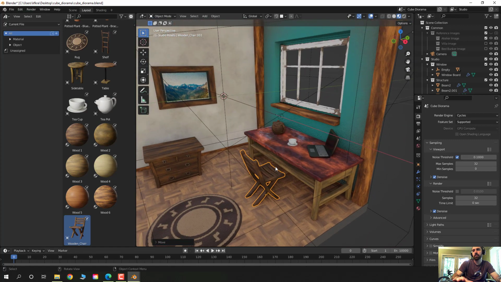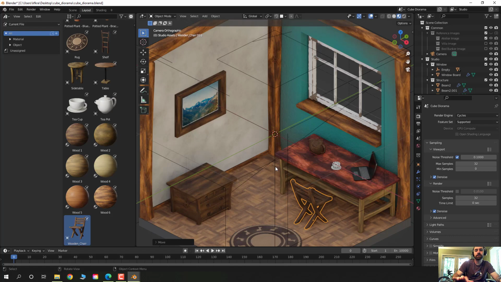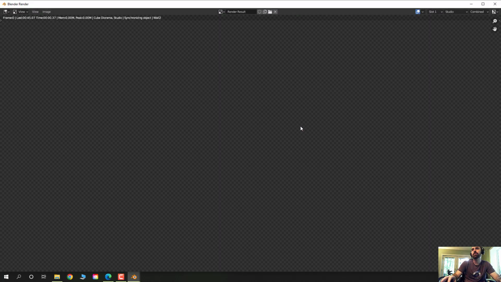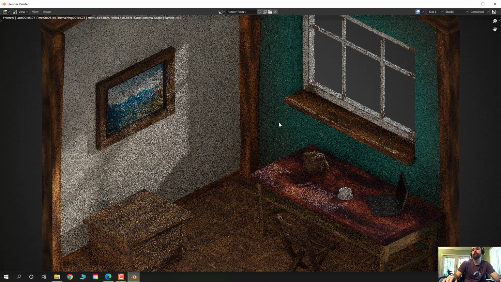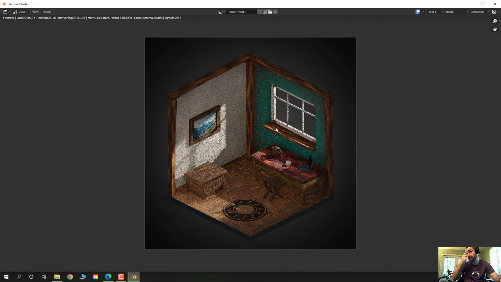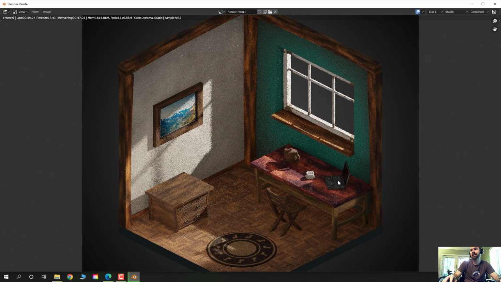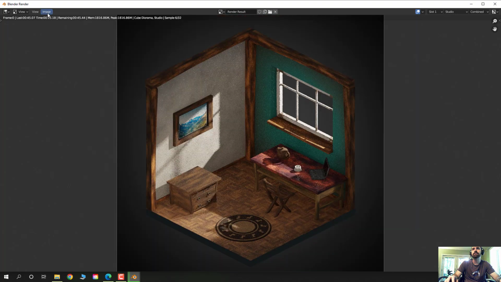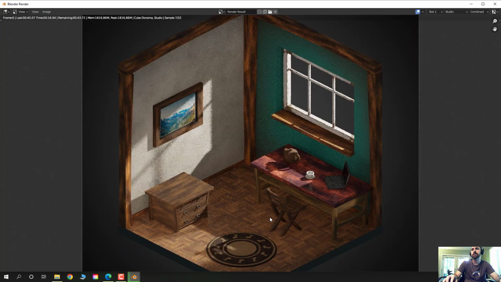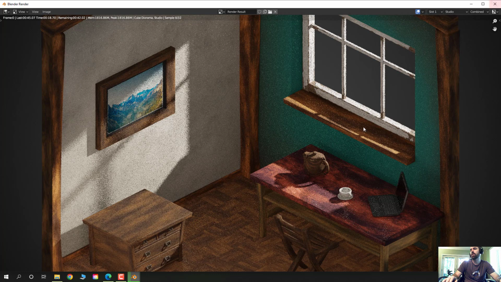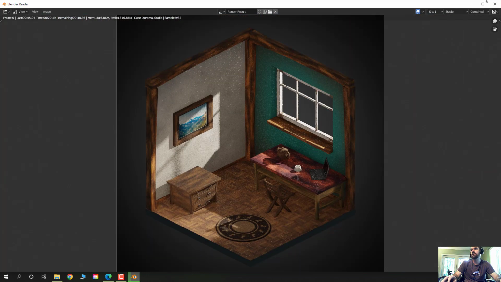Hit the numpad 0 key, get a good view of this. Hit F12 to render this scene. Hit the scroll wheel, zoom out, and we can see that scene being rendered in Cycles in Blender, and then I can save that image once complete. So with that, that is the basics